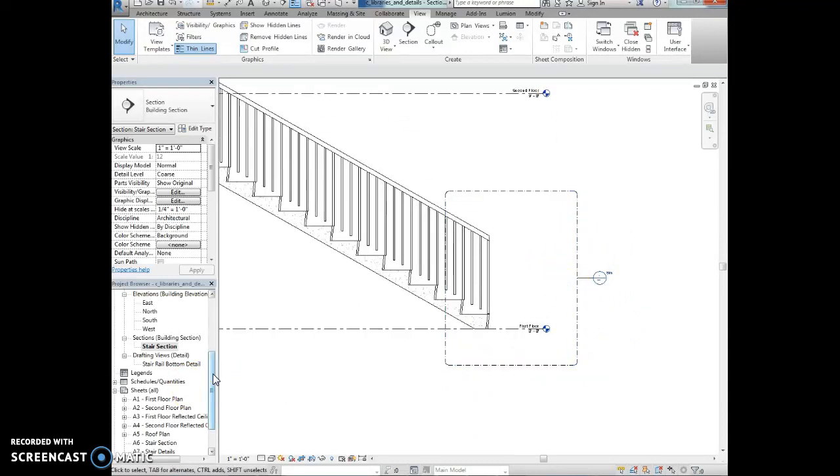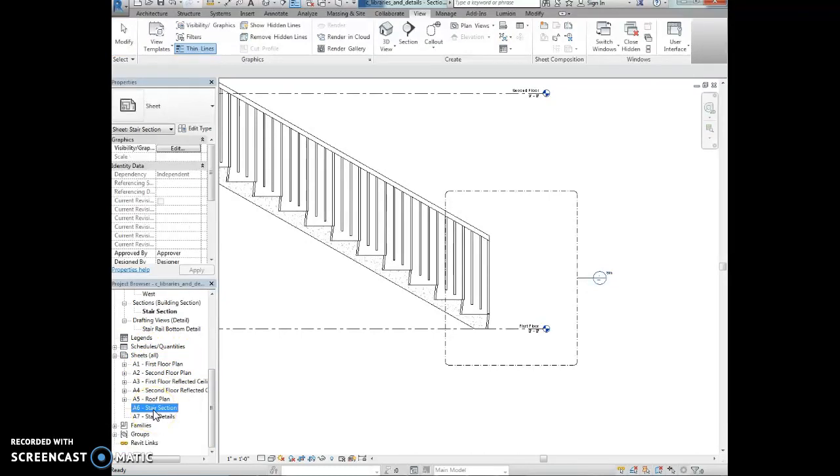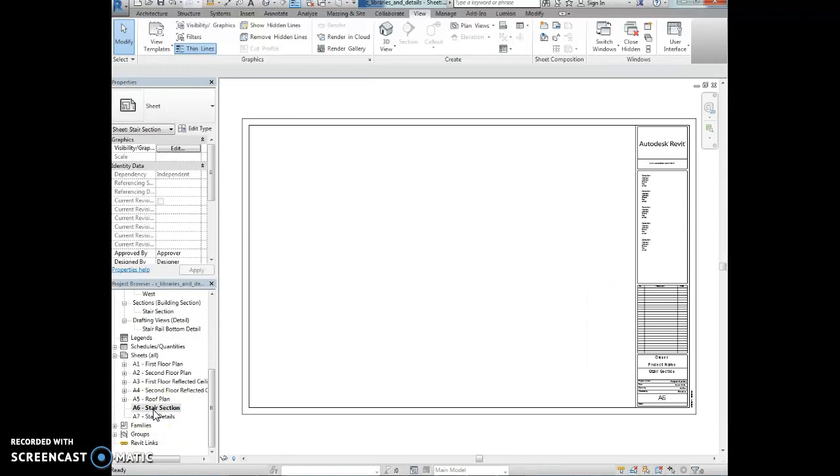We're going to go over to our project browser, and we're going to scroll down, and we're going to activate the stair section sheet. So look under sheets, we have to find stair section, double click. Here's our sheet. We're going to activate this by double clicking on it. Oh, actually, sorry, I guess we wanted,